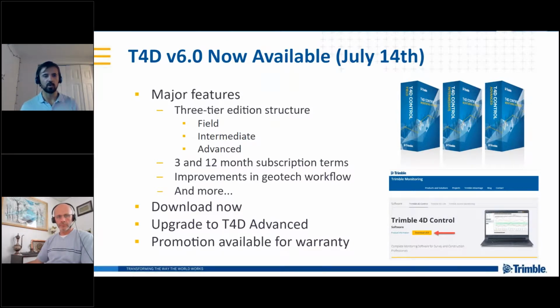So depending on what the project may need, maybe it's only optical, maybe it's GNSS and optical, maybe it's, like we showed today, geotechnical as well as geodetic sensors. That's what these modules bring the capability to do. There's also a 3 and 12-month subscription term. So instead of just the perpetual license offering of T4D, there's now also the option to buy T4D in 3 and 12-month terms. There are also a lot of features and improvements in the geotechnical workflows, especially what we were showing today,